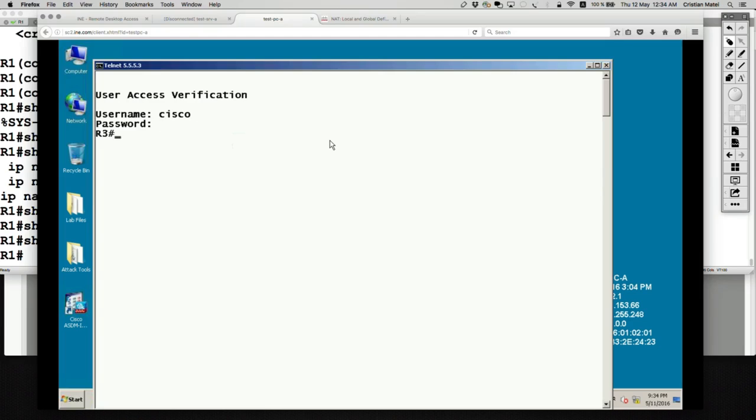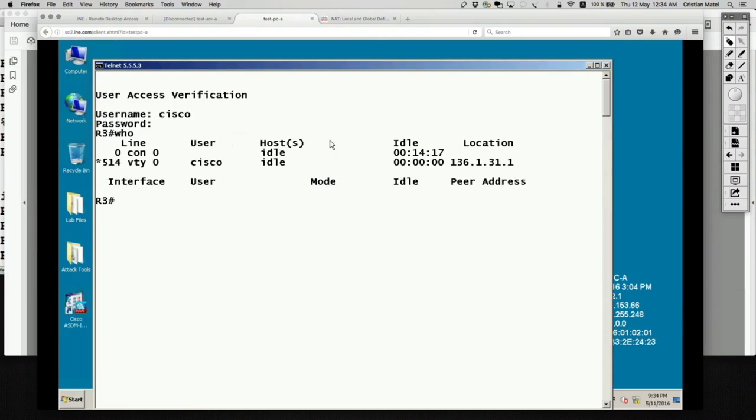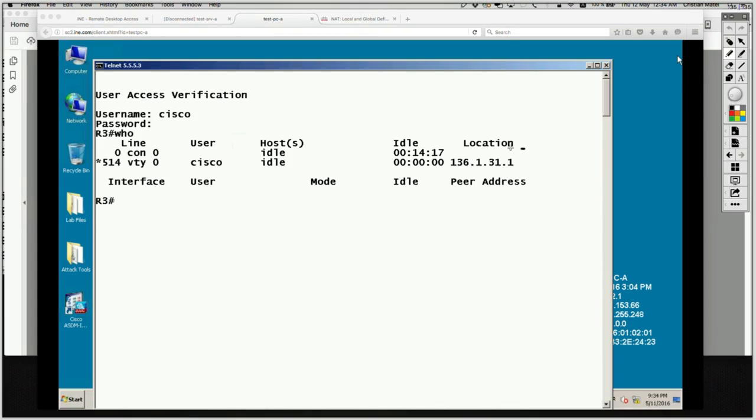Cisco. And who I should see that I'm being visible on router 3 is 136.1.31.1. And there we go, that's the case. I'm visible as 136.1.31.1, which is router 1's IP address, because I'm NATing all traffic into router 1's interface IP